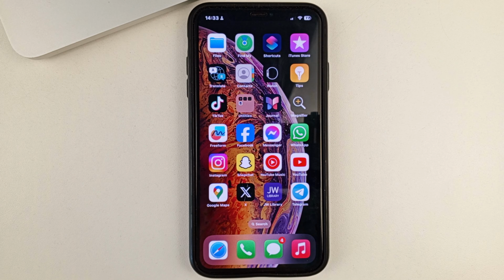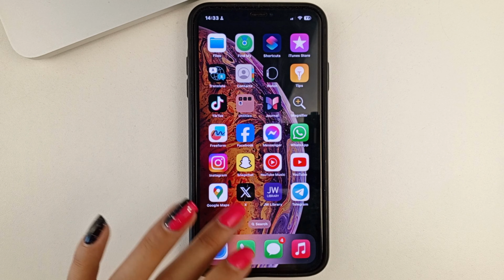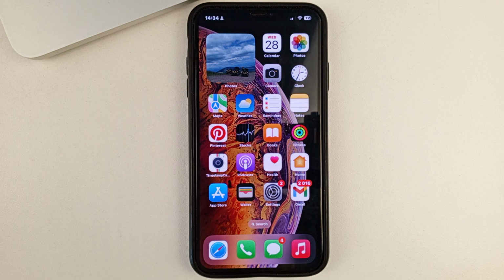So friends, let's get into this topic. First of all, I recommend each of you to check if you have your Instagram updated. To do this, you will need to go to your device. If you have an iPhone, then the App Store. If you have an Android, then it's Google Play.